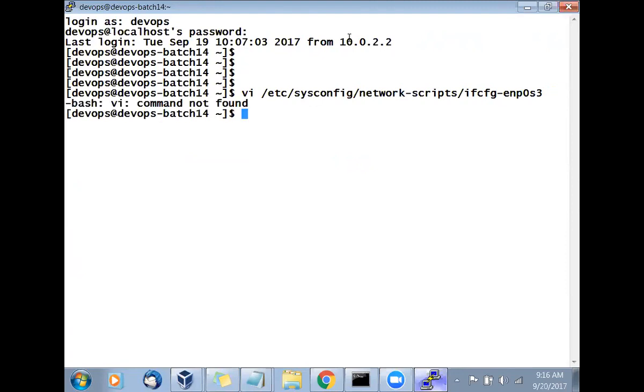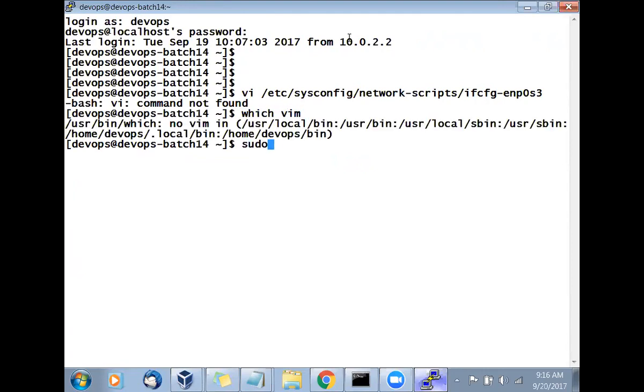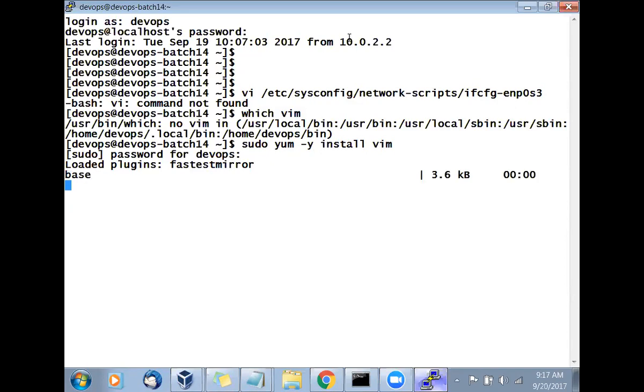So it says, vi command not found. Why? Did we not have the vi command? We don't have vim. Let me install vim with yum -y install and let's go further. I'm not sure why we don't have that package. It is expected to be there, but it is not there. Anyhow, no problem. So we will connect to the internet, download the package and install that. So it is going to the internet and it is opening.